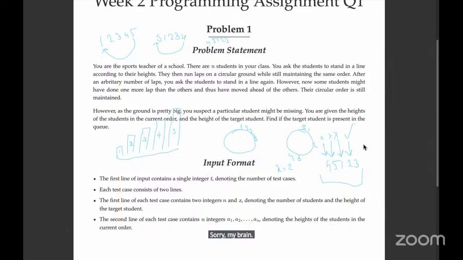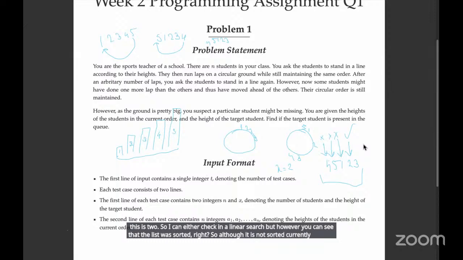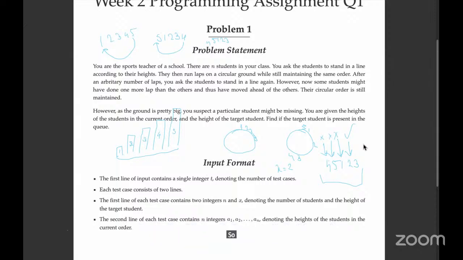right? Although it is not sorted currently, so we cannot directly apply a normal binary search in this. However, it was sorted and it is still in a correct circular order. So in this case, we can still perform a modified version of binary search. So to do this,